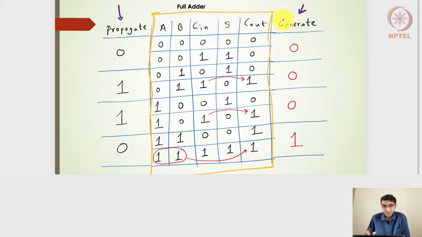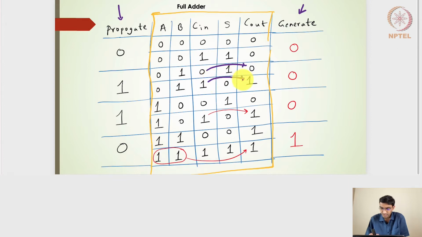These propagate and generate bits, which are evaluated from the input combinations, will be used for generating the higher order adder bits. So just to complete the truth table, I've added the propagate and generate bit. Let's take a look at the propagate first and then the generate bit. So the propagate bit is 1 and 1 here. When you consider the C input, the carry input is 1 here, which is propagated to the carry out, right? Or if the 0 is there, it is propagated to the carry out,